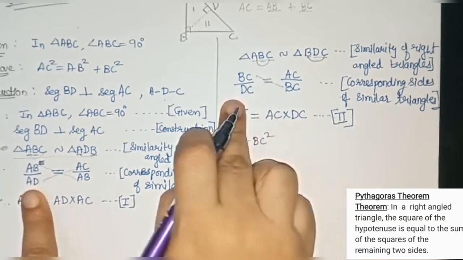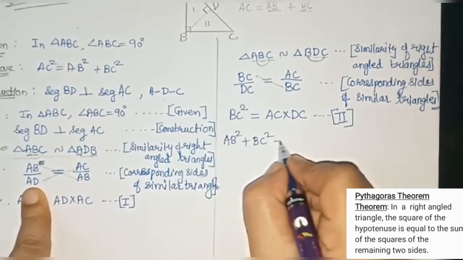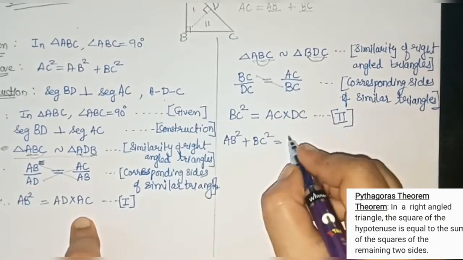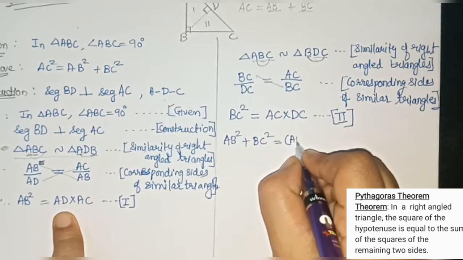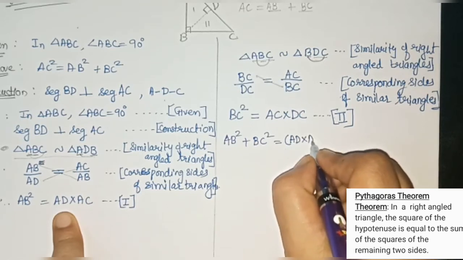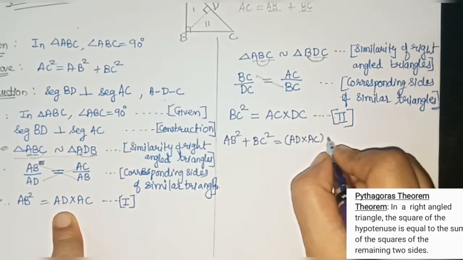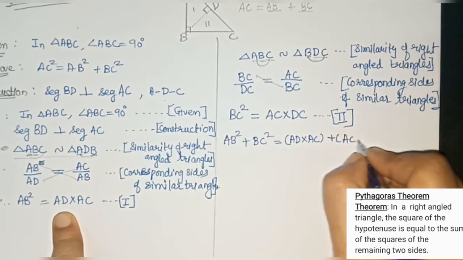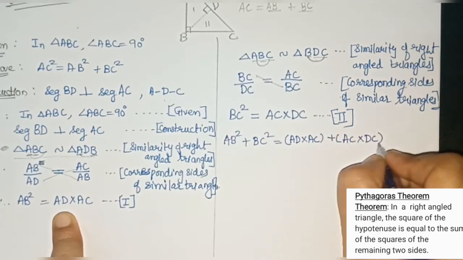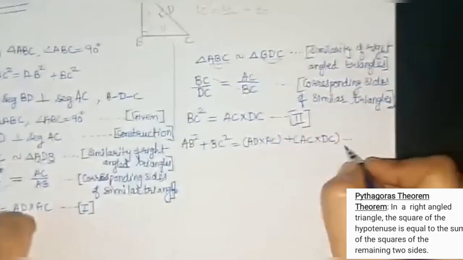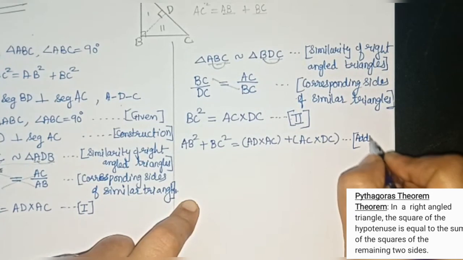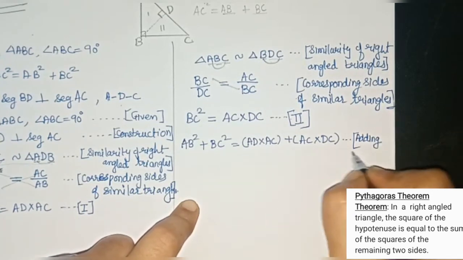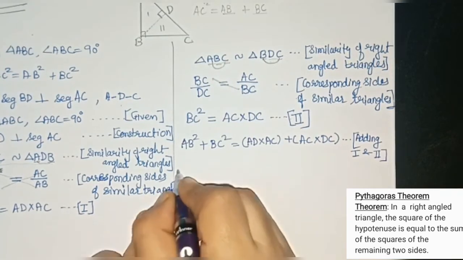We have added the left hand sides of both the statements. Now we will add the right hand side of both the statements. AB square is AD multiplied by AC plus AC multiplied by DC. This is adding 1 and 2. Adding 1 and 2 we have got, therefore